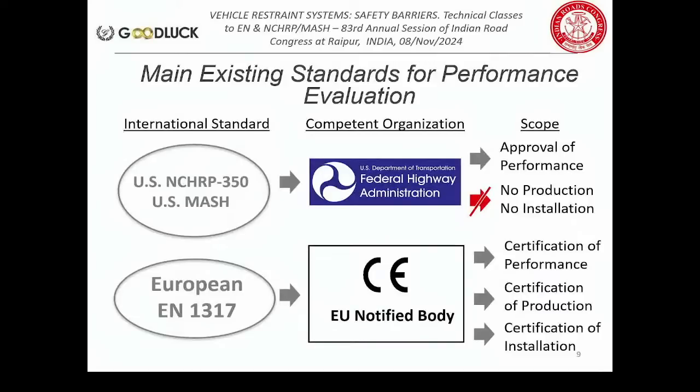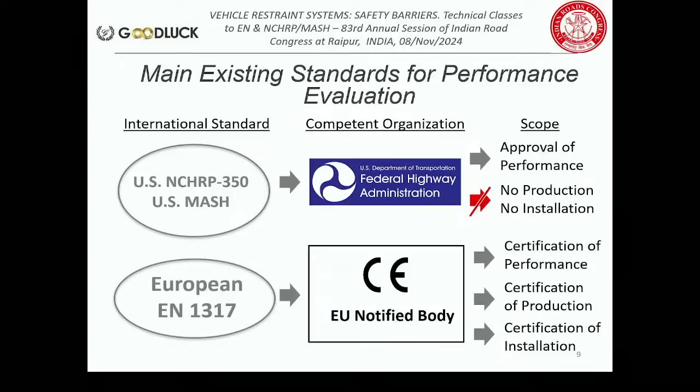What is the difference between the two international standards under which we can perform crash tests, or as per which we can use safety barriers on the roads? The main difference is that the US standard only approves the performance of the safety barrier, but does not certify any safety barrier as per the production or the installation of the safety barrier on its own. However, the safety barrier which is designed and tested as per the European EN 1317,